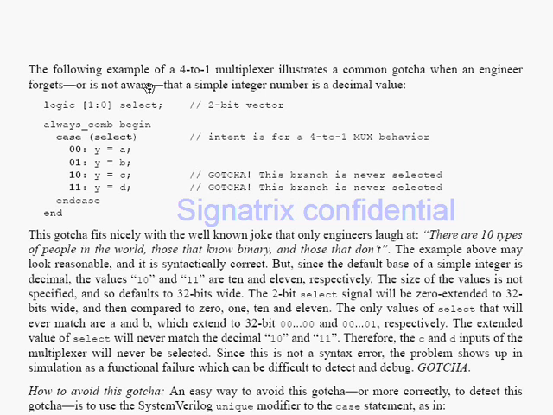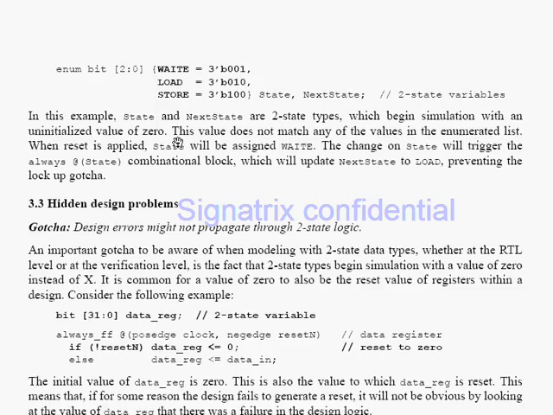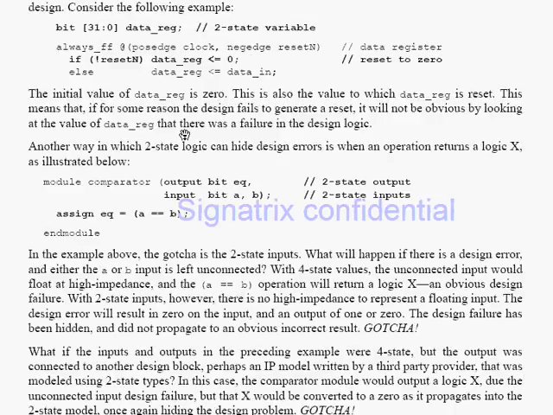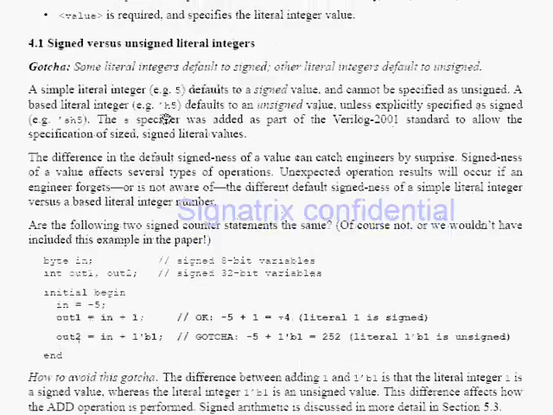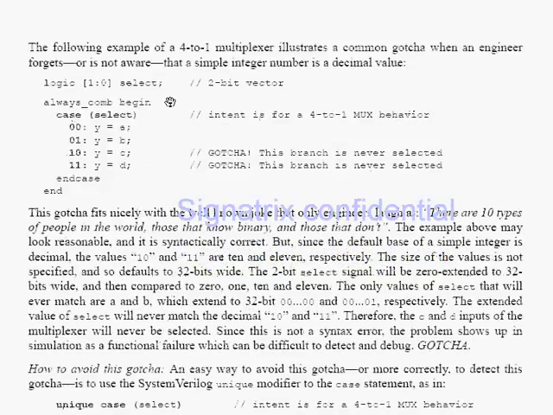Now we'll see a common gotcha with these base specifiers. They are showing one example of a 4:1 mux. So logic [1:0] select. This is a 2-bit vector. So here